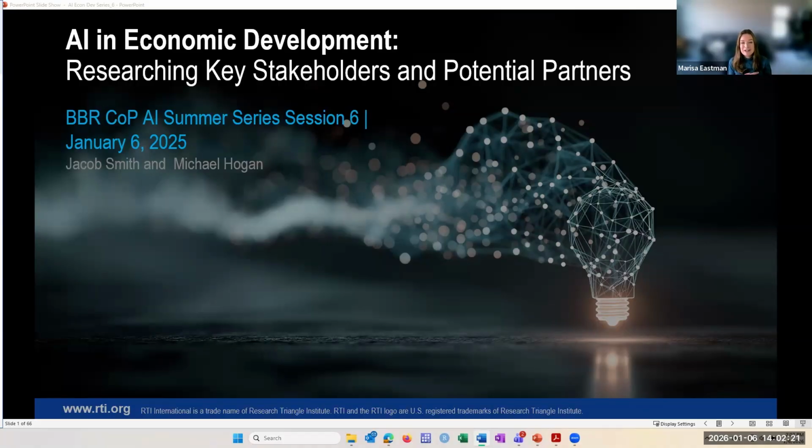And it's also getting more complex and more demanding. Funders and partners have a lot of competing interests and demands on their time and resources. So we're really looking for ways to help you all, particularly in this last year of your BBBRC funding, to make those connections as impactful as possible.